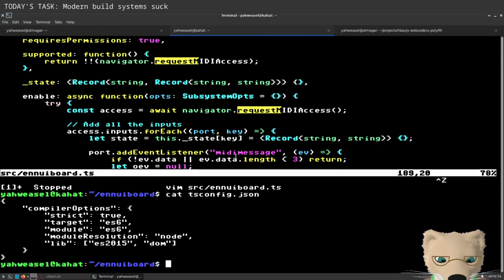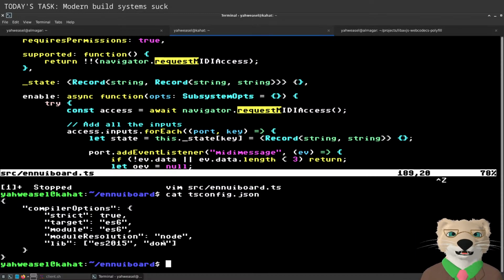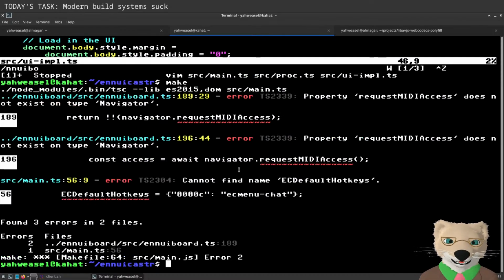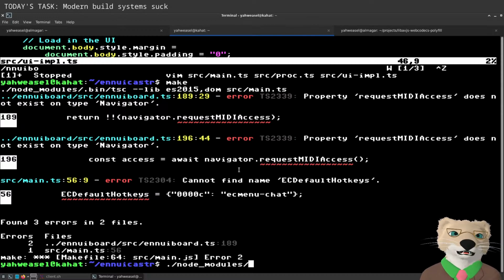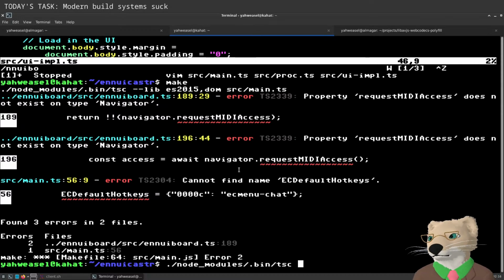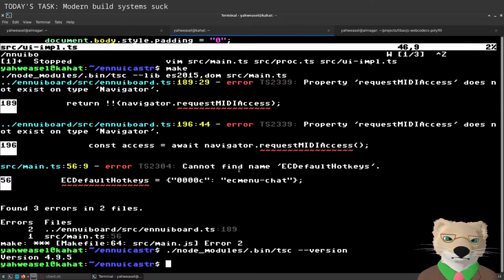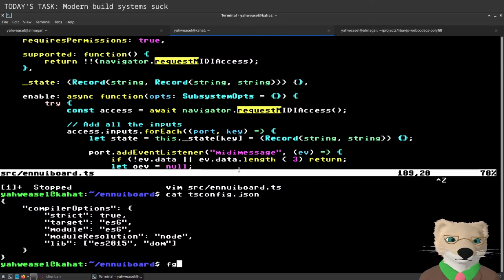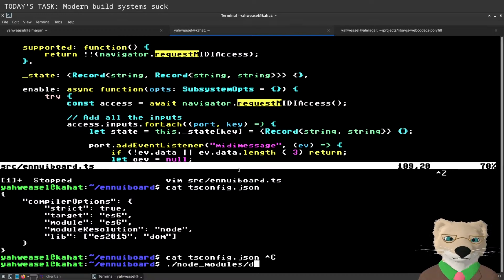Upon careful consideration, I have two possible answers for why it would be going wrong in this way. Possible answer A is it's gone mad, and possible answer B is my TSC version. I'm definitely using 5, aren't I?